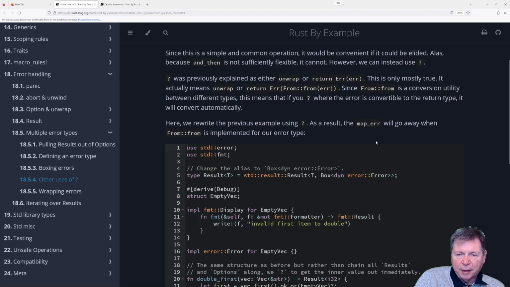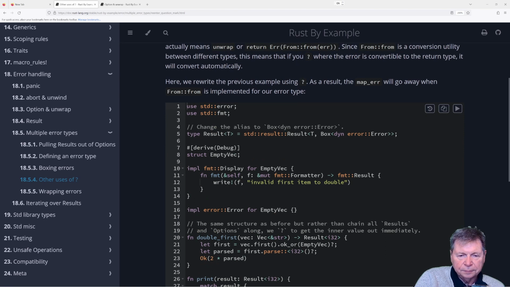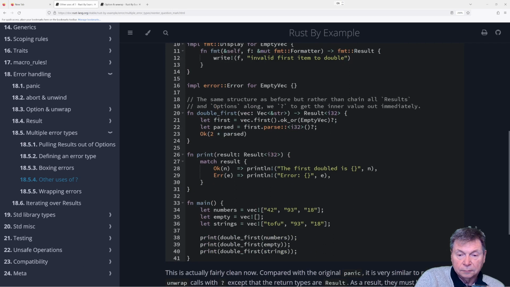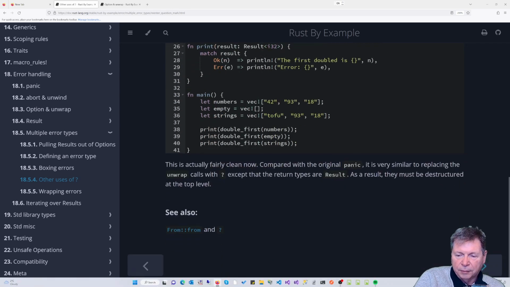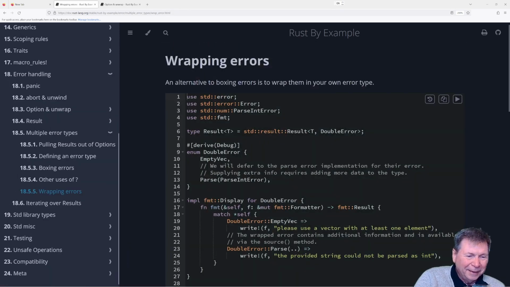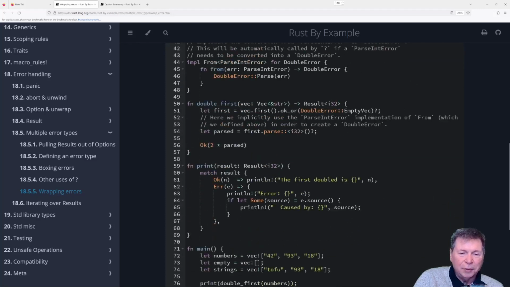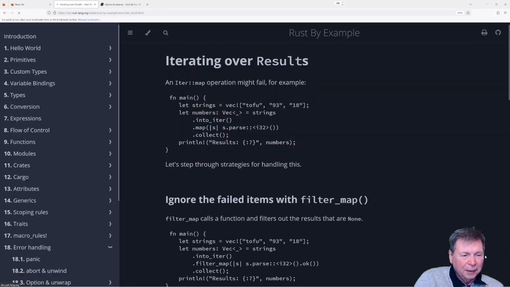As a result, the map error will go away. Where's the question mark? Oh, there it is. Sure. Why not? At this point, like, whatever. You know. And wrapping errors, an alternative to boxing errors, to wrap them in your own error type. We won't be doing that for a while.